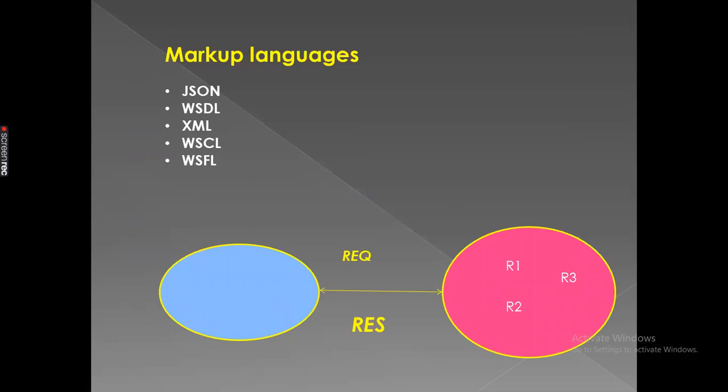Web services support different types of markup languages. Those are web templates, JSON, WSDL, WFSL, WSFL, and XML. So these are all the different types of markup languages available in web services. WSDL is nothing but web service description language, and web service flow language, web service conversation language. But mainly we are going to use JSON and XML formats for communication